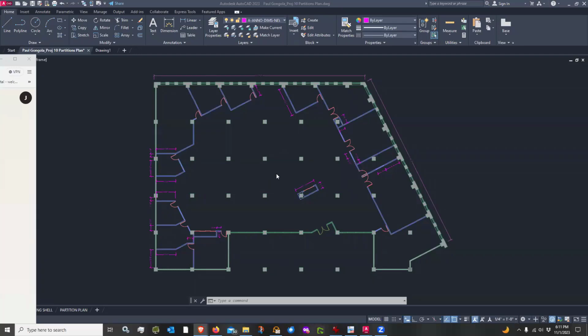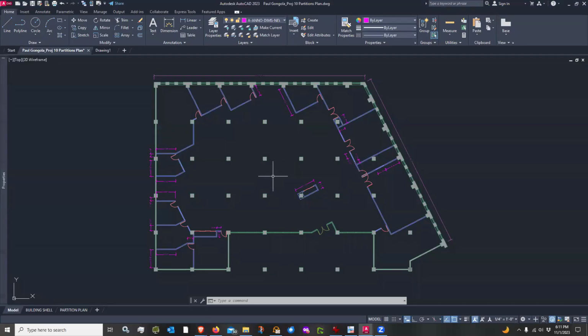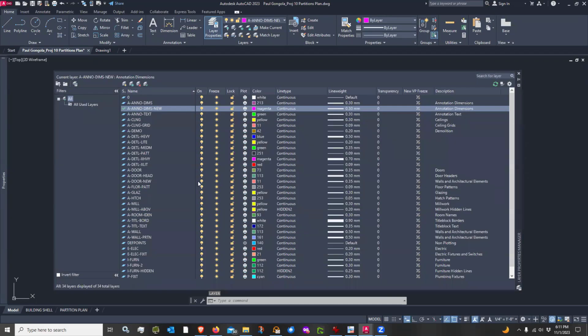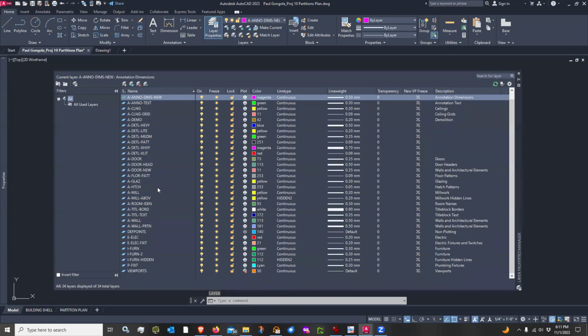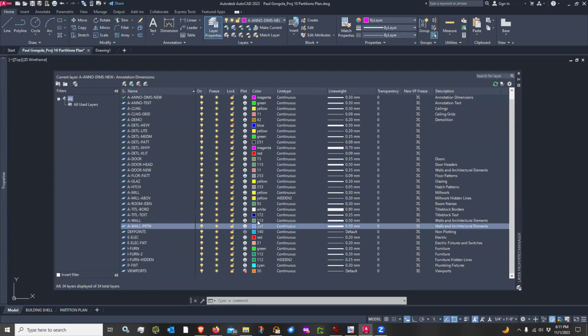This is the plan as we pretty much, we didn't quite leave the plan in this state that I have here. After class, I went ahead and finished up the plan. The one thing that I did do, let me open up my layers palette here, is for our partition walls, I changed the color. It was too close to color 113 for the other walls, so I changed it to 161, which was just